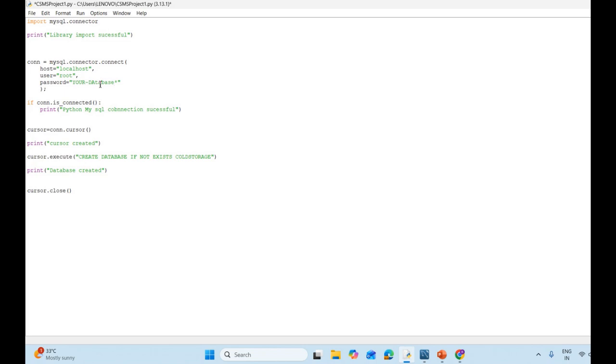Now we are in our Python code in order to create the table. In order to create a table, first of all, we need to use our database. So we will write here cursor.execute and then we will write use cold storage. Once we are done with this, we are in the process of creating the table. In order to create the table, we will write the command cursor.execute. After that, we will have triple quotes inside which we will write